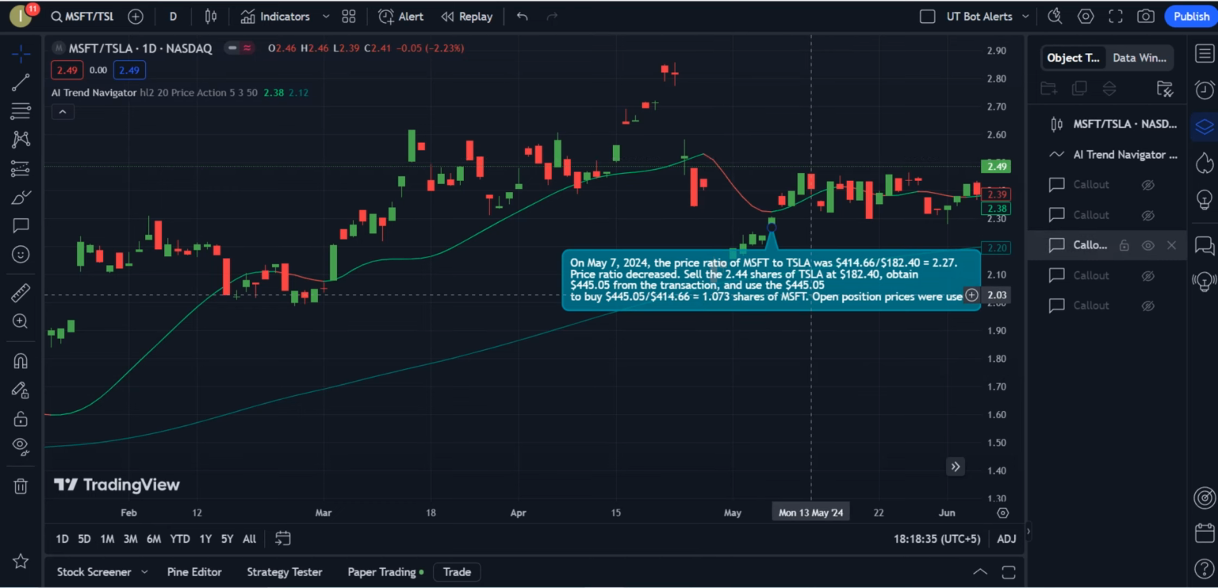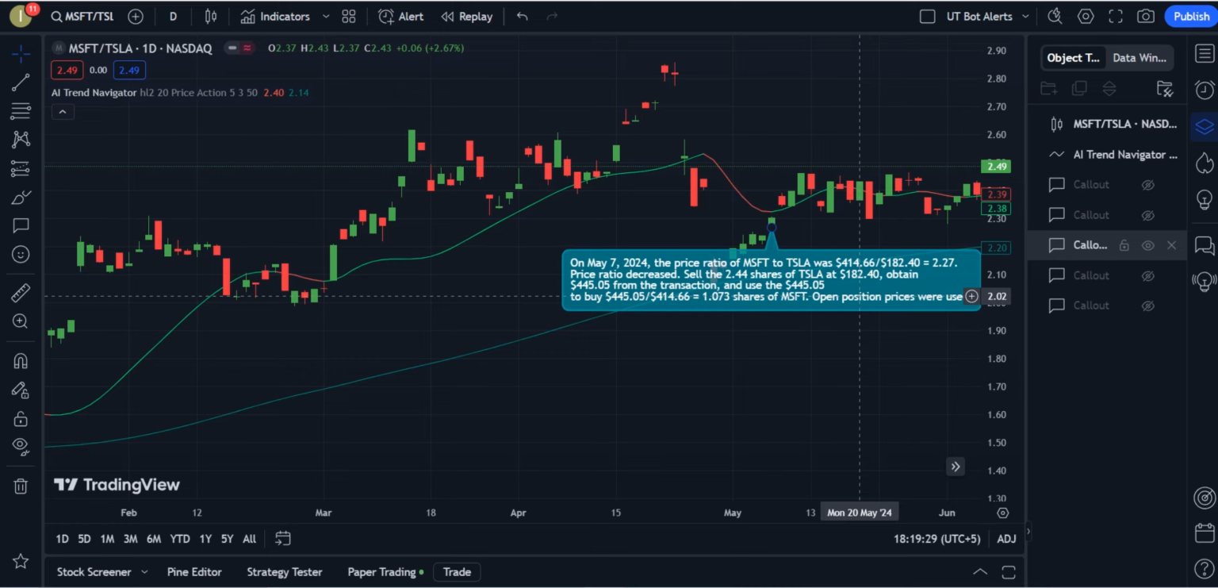We fast forward to May 7, 2024, and the price ratio of Microsoft to Tesla went down to 2.27 from 2.44. It was 2.27 because the price of the Microsoft stock was $414.66, and the price of Tesla stock was $182.40. So $414.66 divided by $182.40 is equal to 2.27. So the price ratio has decreased, and because the price ratio has decreased from the previous transaction, we would sell